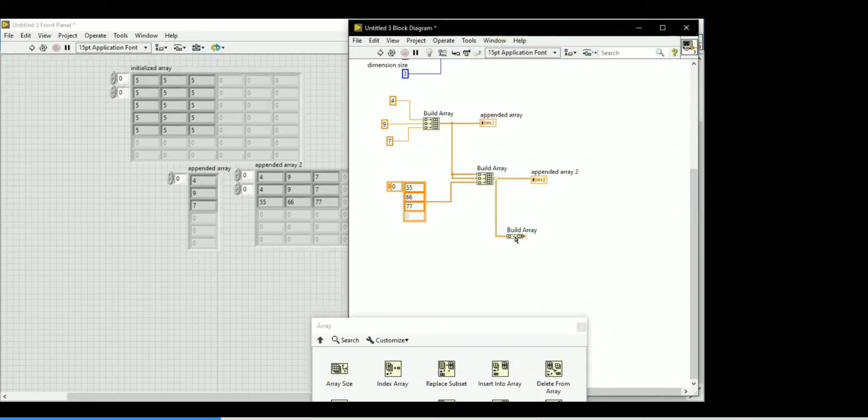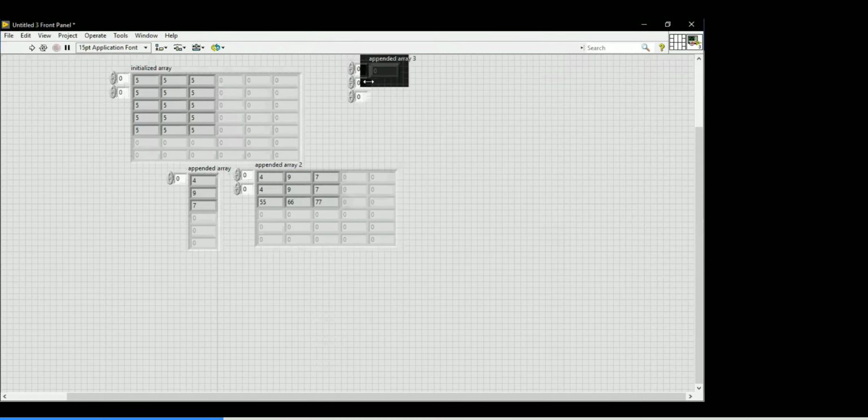I think you are thinking that I'm using it only one time, and probably you can tell it will come as 2D, but not like that. So the answer is three dimension you will get. Again I'm telling, if you are using the build array function, the dimension will always increase by one step. If the input is 2D, the output will be 3D. If the input is 3D, the output will be 4D. If the input is scalar, the output will definitely be one dimension. 1D goes to 2D.